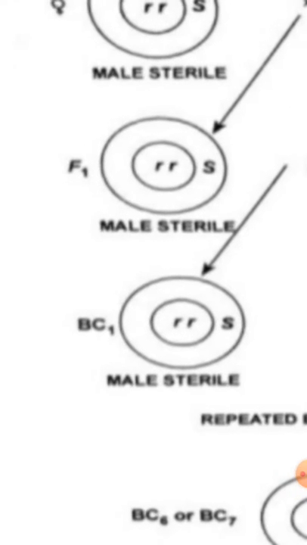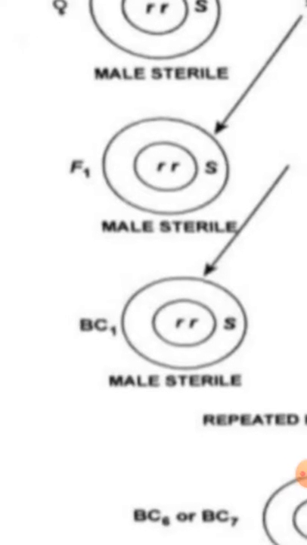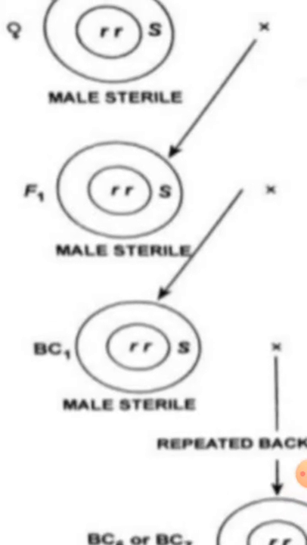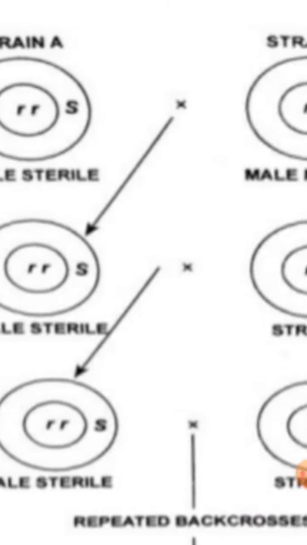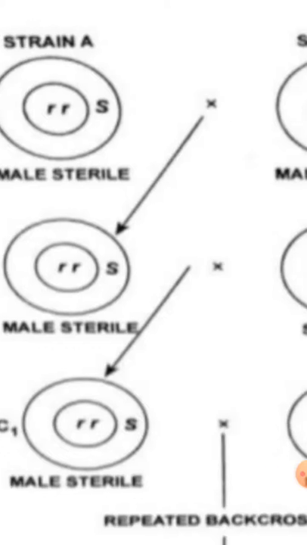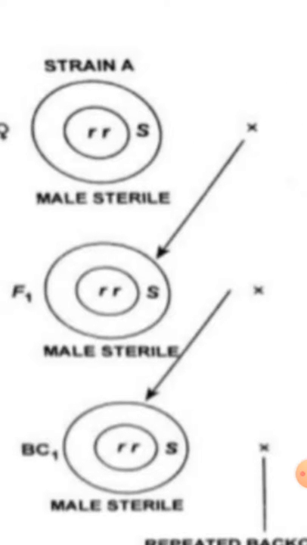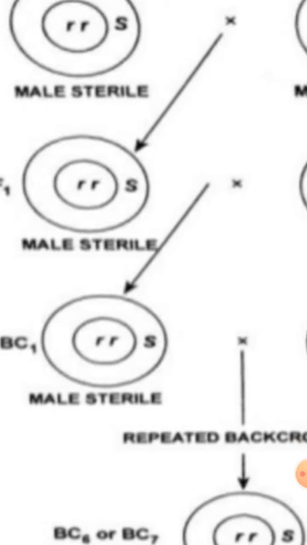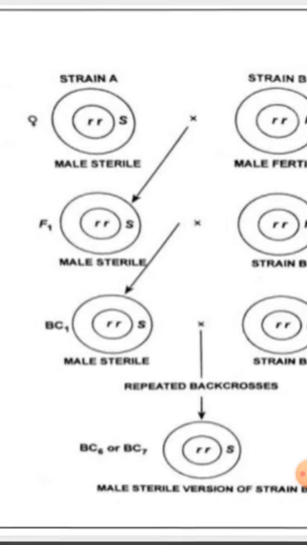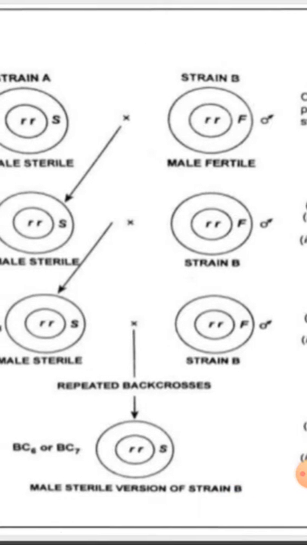You can see here the F1 generation is male sterile, because the cytoplasmic gene is always inherited from the female part, that is strain A. After this, we take the F1 male sterile and backcross it with